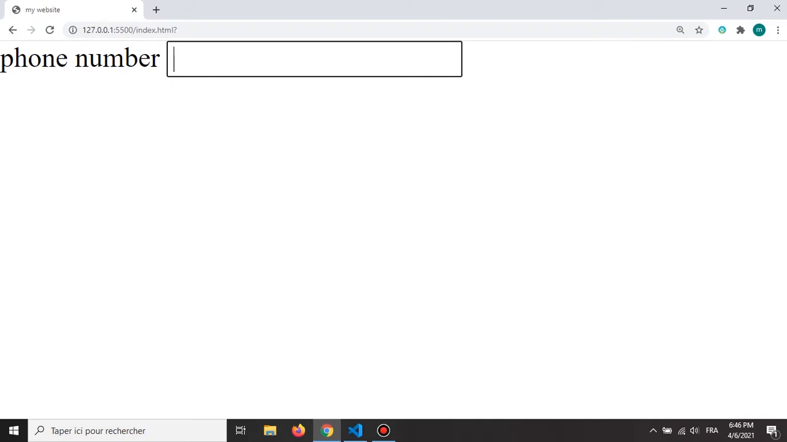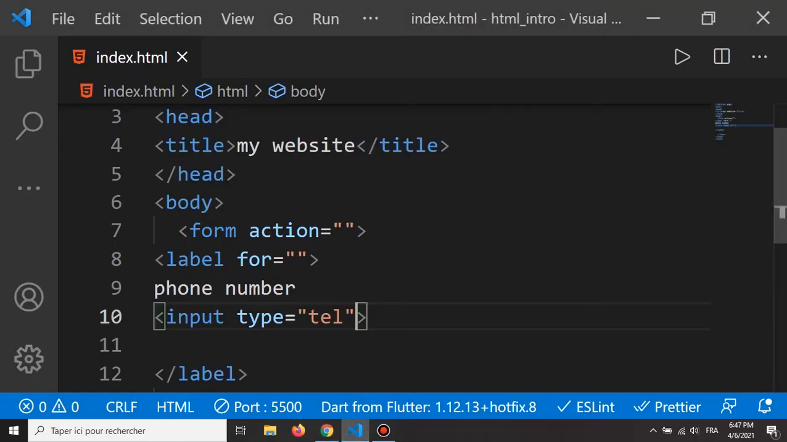So this is our input box, and it has one problem, that it doesn't check for the validity of the phone number. Now let's try something. Let's put some letters. Now let's hit enter, and it doesn't validate the input. Now there is a solution. Now let's go back to VS Code, and here we're gonna add the pattern attribute,